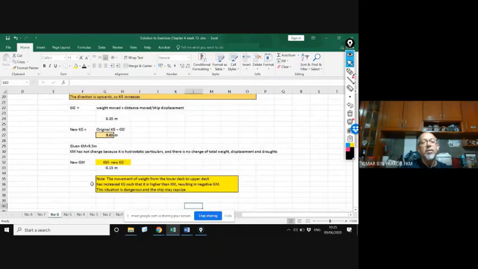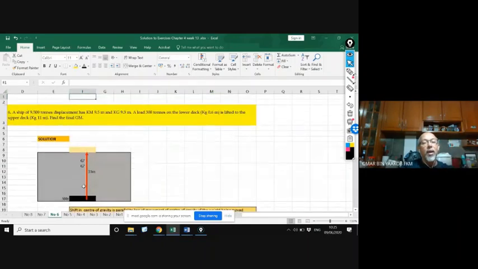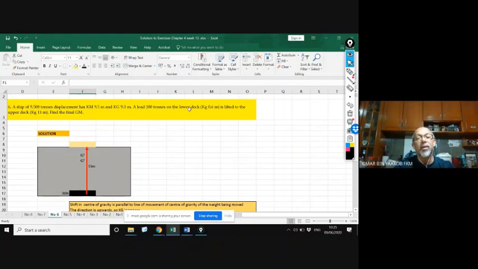Number 6. Number 6 is more about adding and movement of weight on board the ship. Like this one, for example, a ship of 9,500 tons displacement has km 9.5 and kg 9.3. A load of 300 tons on the lower deck, say this is the load. It can also be here, it doesn't matter. The ship is not balanced. So now you move the weight load from here up here, a distance of